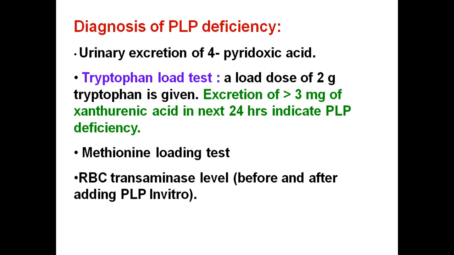And if you see the diagnosis of pyridoxal phosphate deficiency, there is urinary examination for 4-pyridoxic acid. And the tryptophan load test: a load dose of 2 grams of tryptophan is given, and excretion of greater than 3 mg of xanthurenic acid in the next 24 hours indicates PLP deficiency. Now the methionine loading test